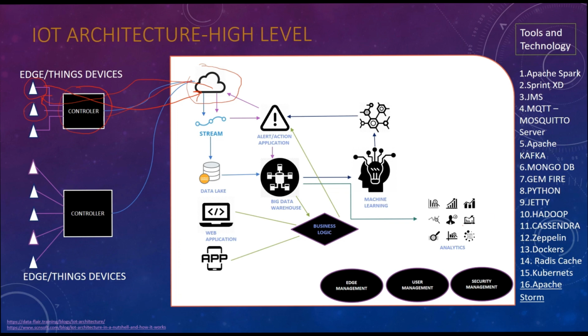So these are the tools or technologies which we can use to build this overall architecture. I'll explain each and every technology in detail in my future videos, how exactly we can use Apache Spark, where exactly we can use Apache Kafka, MongoDB, PostgreSQL, or Gemfire in building this